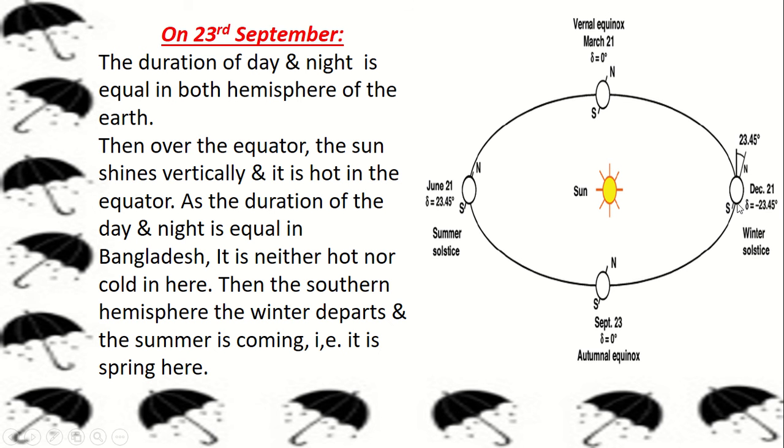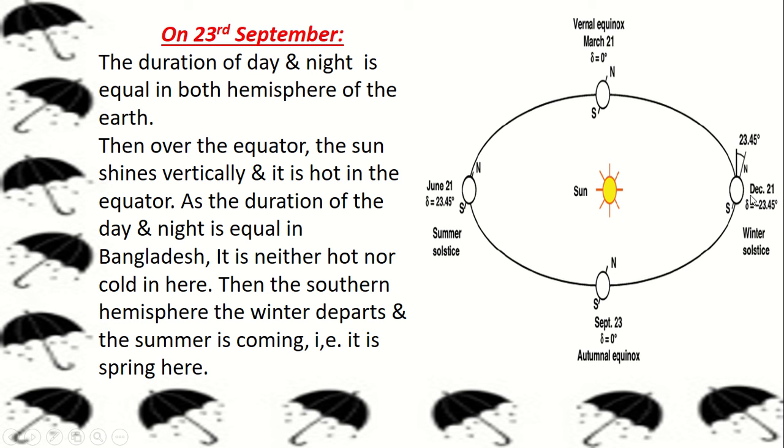What about the 22nd December? After September 23rd, the North Pole continues to move further away from the Sun, rather the South Pole draws nearer. Consequently, the daytime gradually becomes shorter and night longer in the Northern Hemisphere. And here on the day of 22nd December,